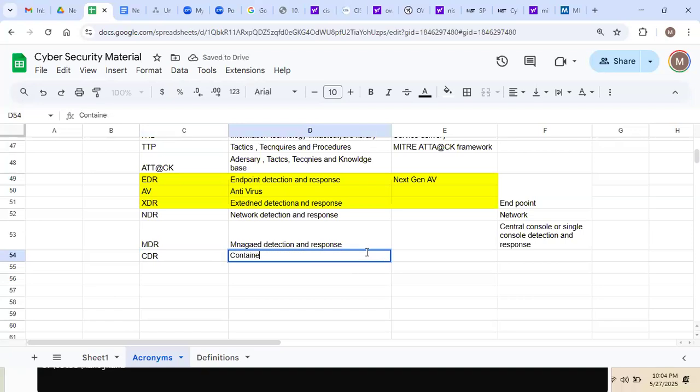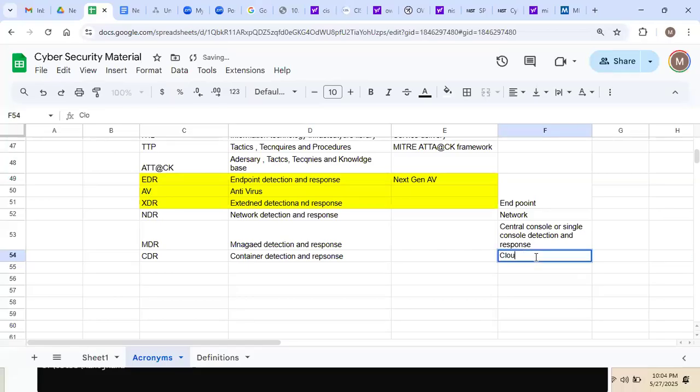Container detection and response. It's applicable to cloud. Not only just containers, Docker also. So that is about EDR, NDR, XDR, MDR. Okay, next one is